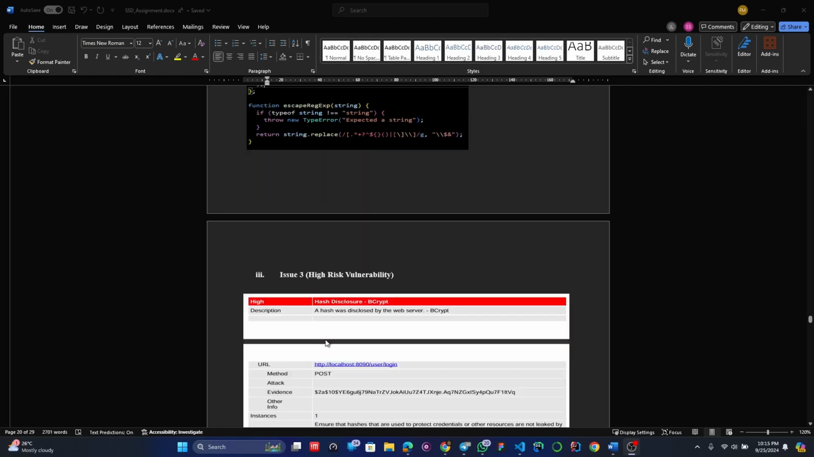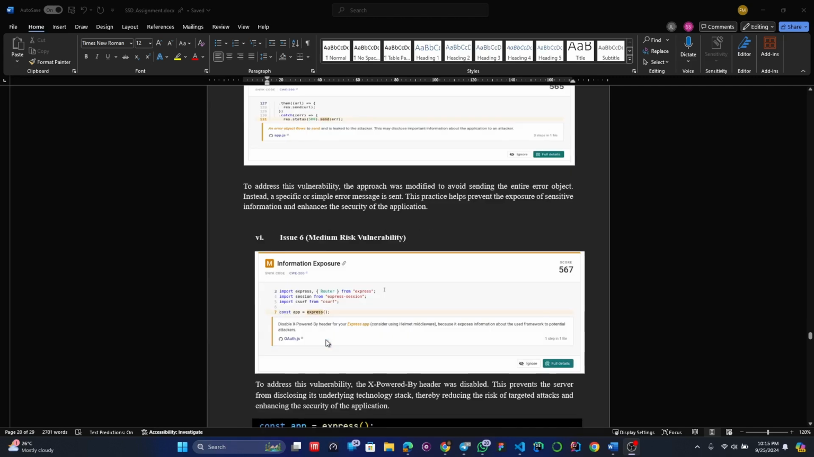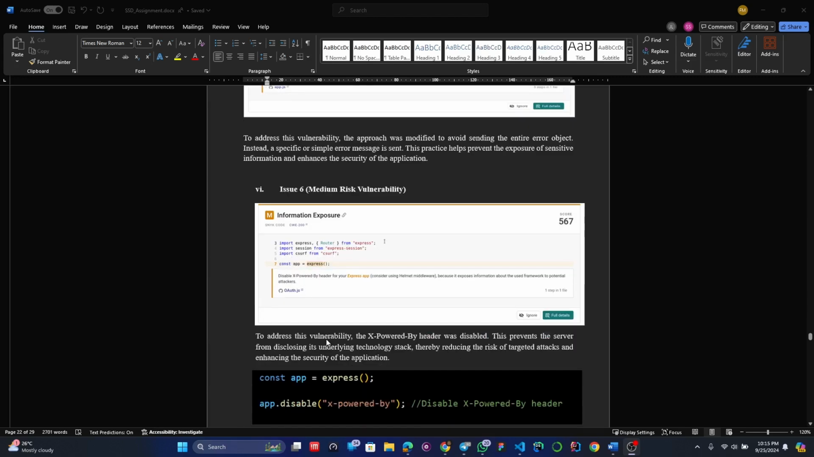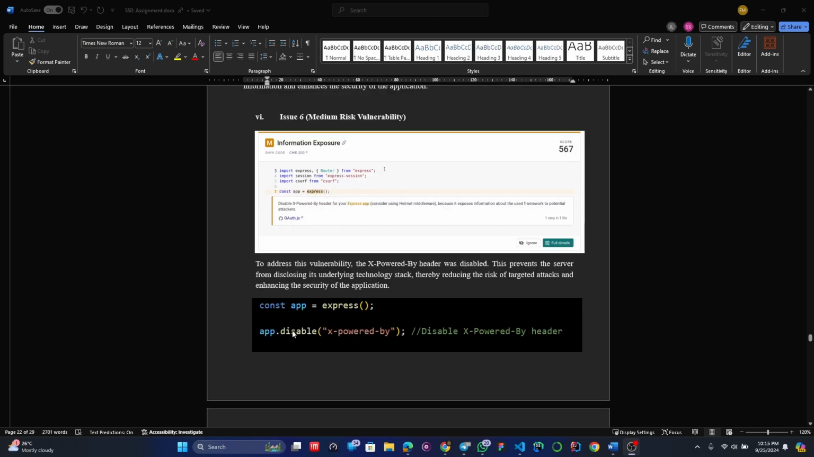The next issue that I have fixed is this one, which is caused in the Express app because we have to disable the X-Powered-By header. This is a vulnerability. I was able to fix that issue by just adding another line to the code. So these are the contributions that I made